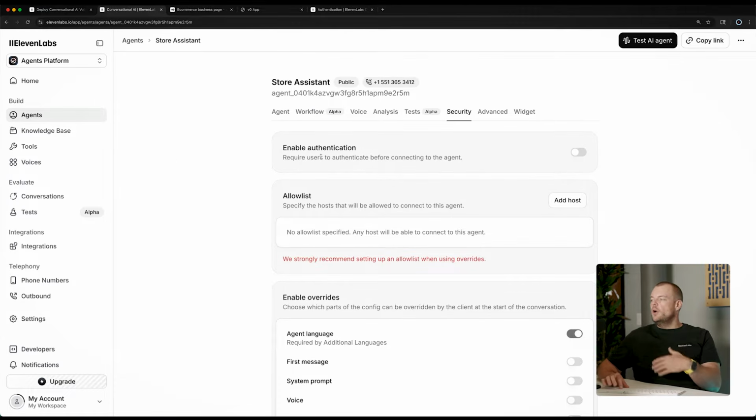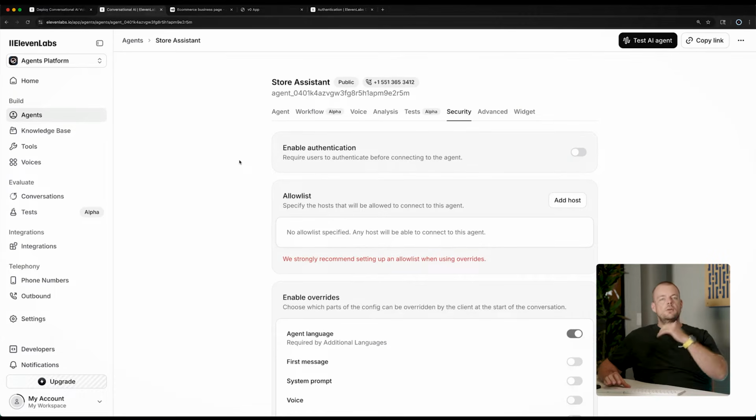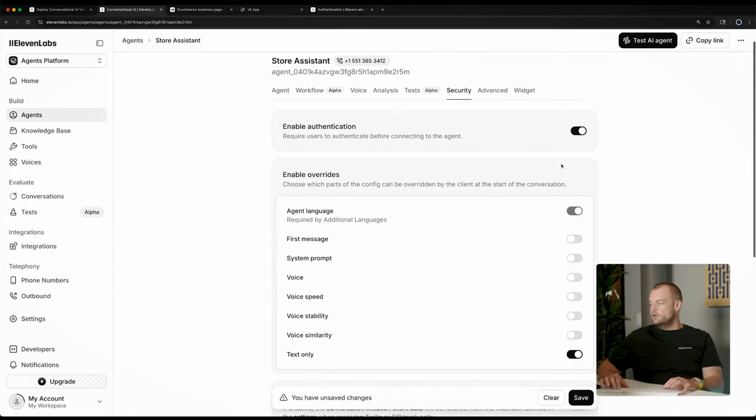In the previous videos, you've learned how to create your very first ElevenLabs agent and integrate it into your website or mobile apps. Now, another crucial component of deploying agents at scale is security and authentication. So at the moment, authentication for our agent is disabled. We default to this to allow you to quickly spin up an agent and start testing with very little integration overhead. Now, as you deploy your agent to production, you will want to enable authentication here.